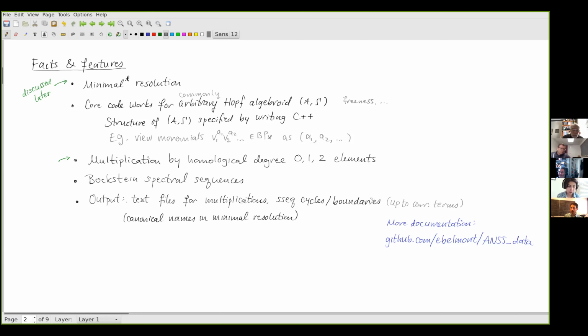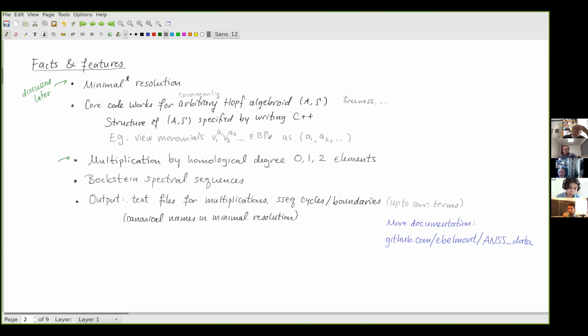So the program will output a text file that says this internal name for an element times, say, beta 1 equals some other possible linear combination of internal names for elements in the resolution. So it outputs text files for multiplications, and for the spectral sequences,